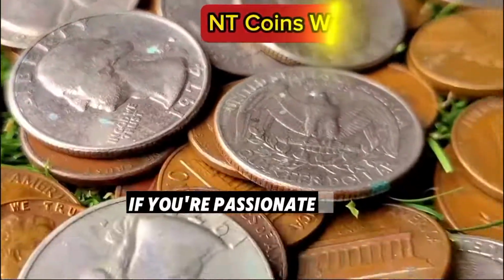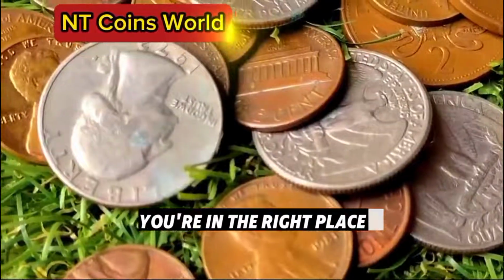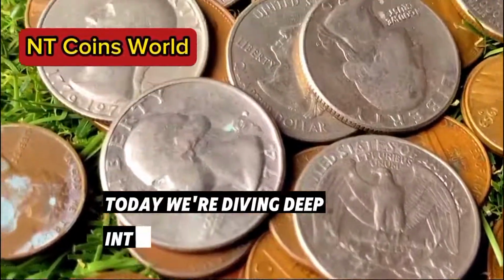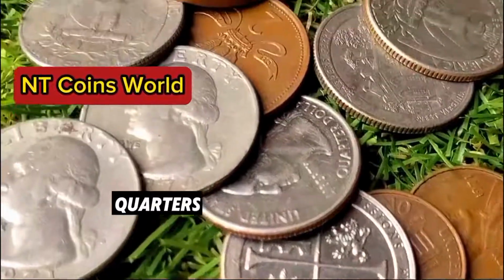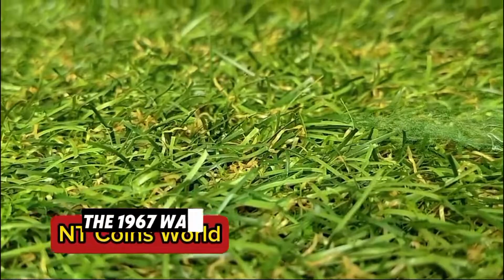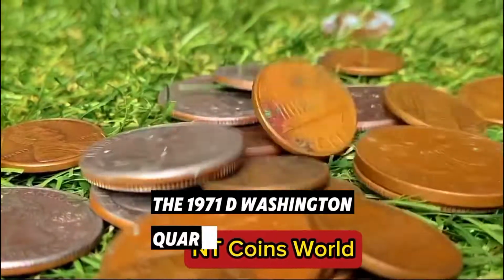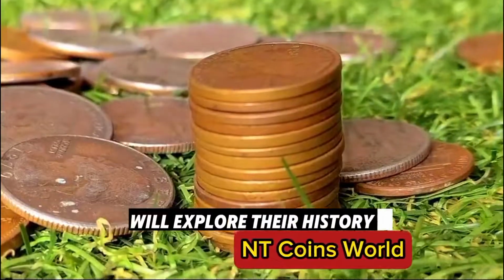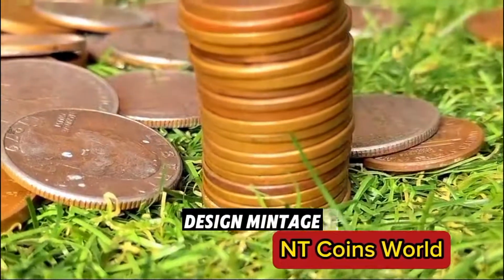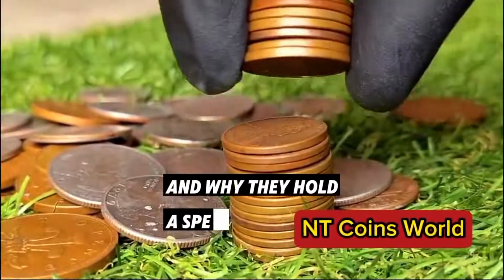If you're passionate about rare and valuable coins, you're in the right place. Today we're diving deep into two incredible Washington quarters that collectors are always on the lookout for. The 1967 Washington Quarter Dollar, the 1971 D Washington Quarter Dollar. We'll explore their history, design, mintage, market value, notable errors, and why they hold a special place in the world